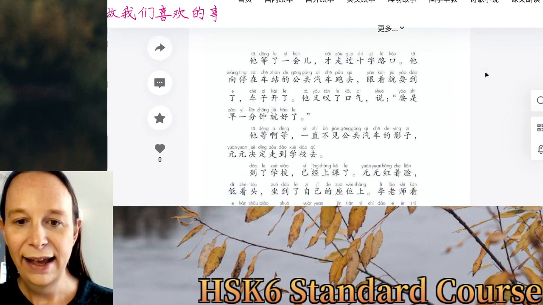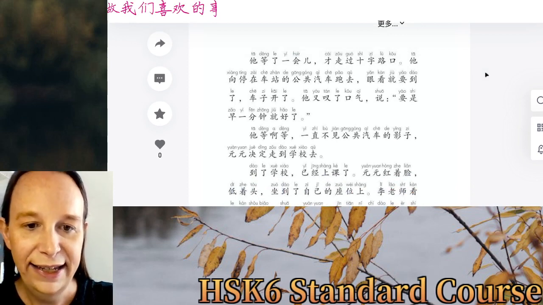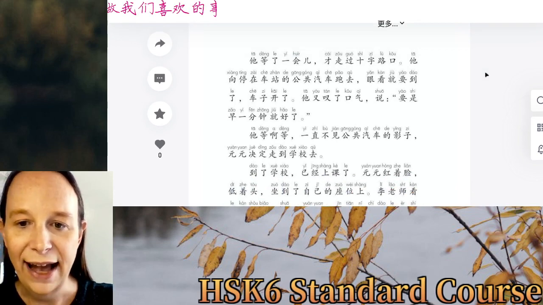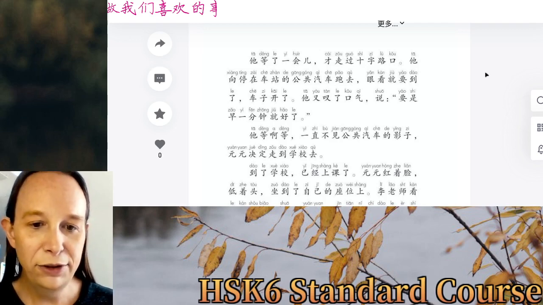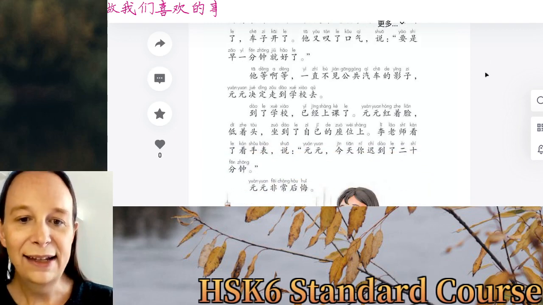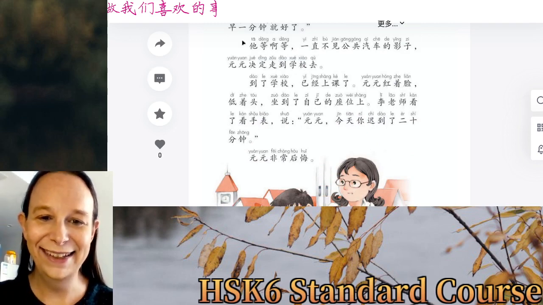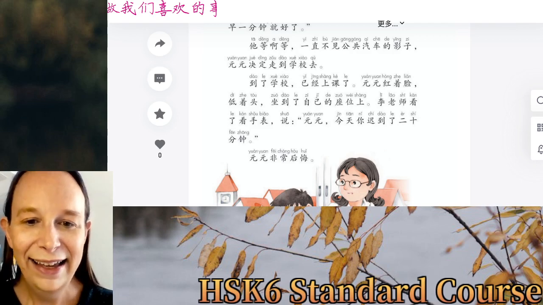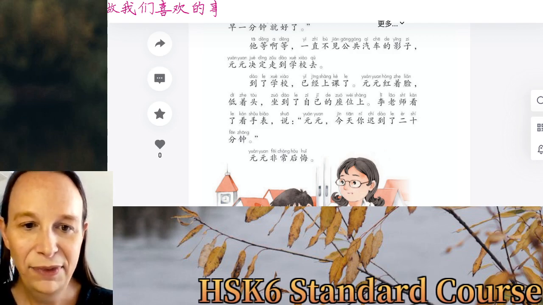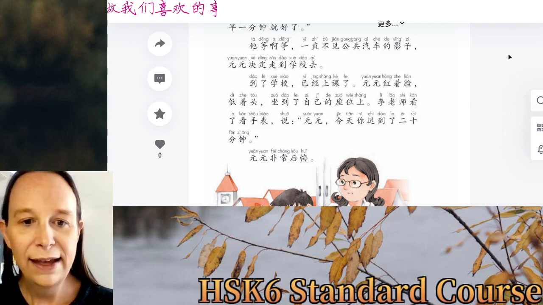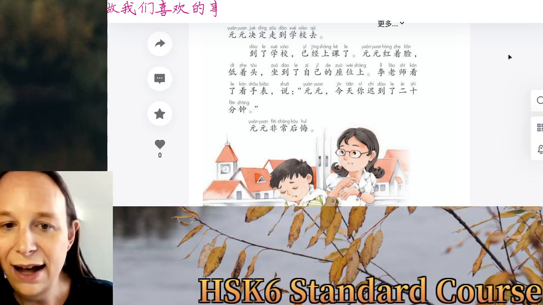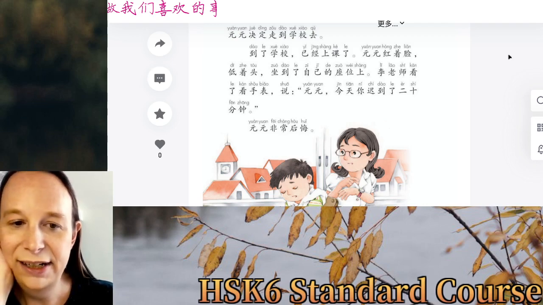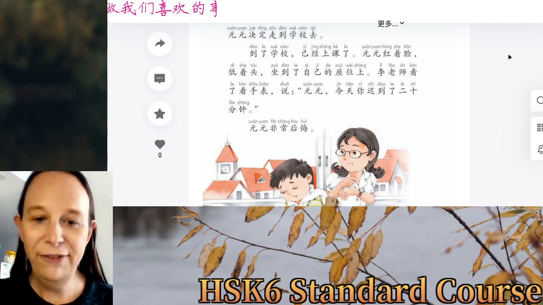他等一会儿，才走过十字路口，他向停在车站的公共汽车跑去。眼看就要到了，车子开了，他又叹了口气，说：“要是早1分钟就好了。”他等啊等。Again, this is the kind of thing you see in children's literature mostly. 等啊等。一直不见公共汽车的影子，圆圆决定走到学校去。到了学校。已经上课了，圆圆红着脸，低着头，坐到了自己的座位上。李老师看了看手表，说：“圆圆，今天你迟到了20分钟。”圆圆非常后悔。